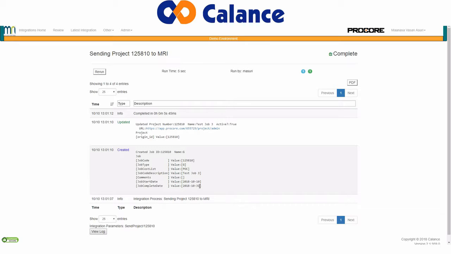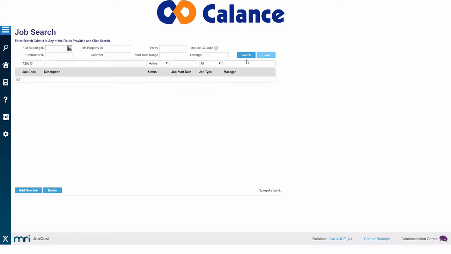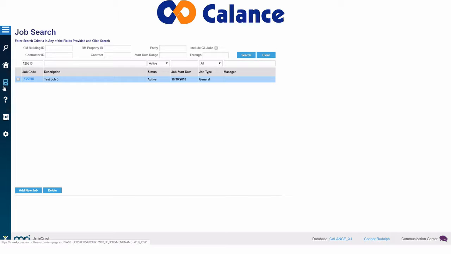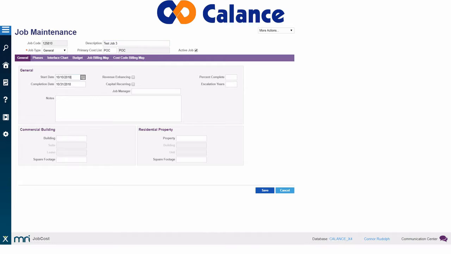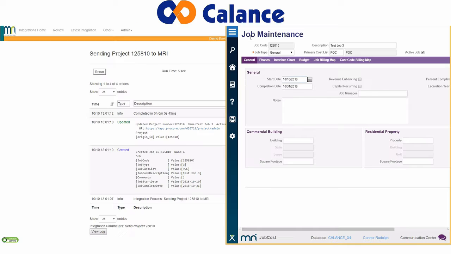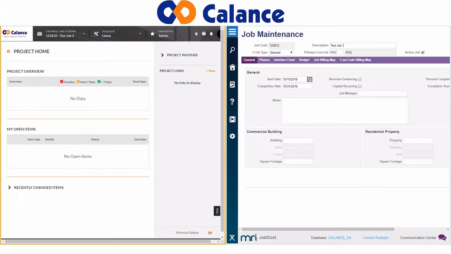And these are the cost list that it has popped up with, the start date, and the completion. So here we notice there is a link that takes us directly to Procore to access the job in Procore. So let's go to MRI and now search for this job, and there it pops up. And if we try to compare this data between MRI and Procore,